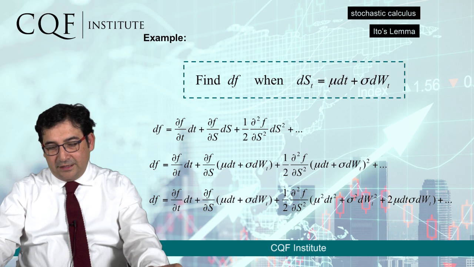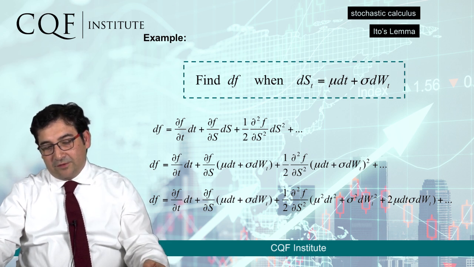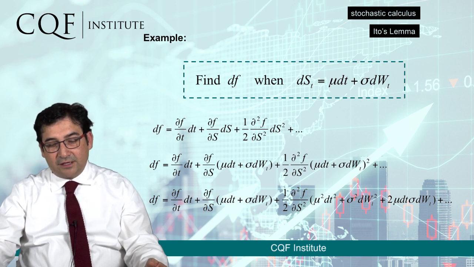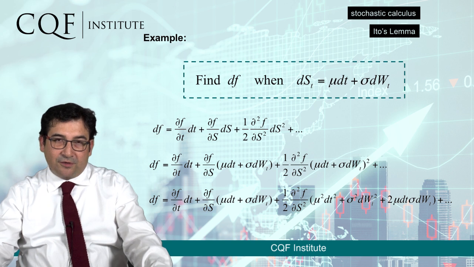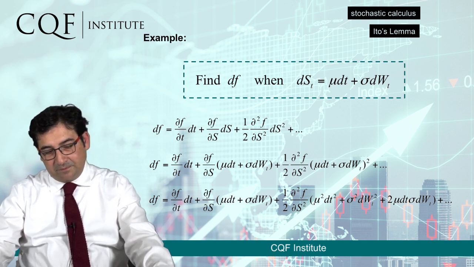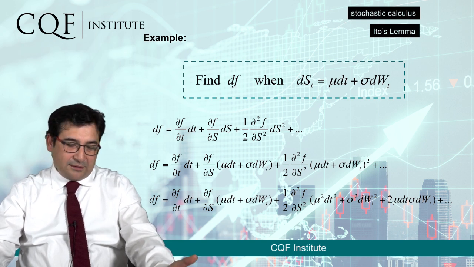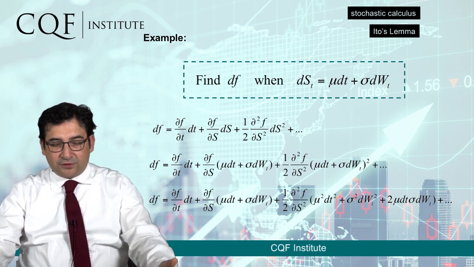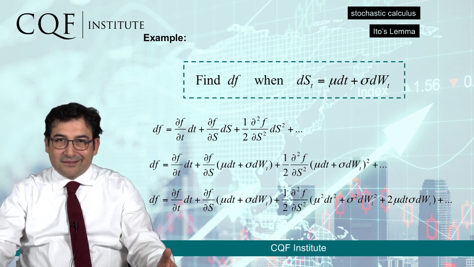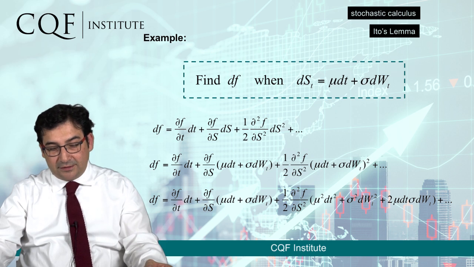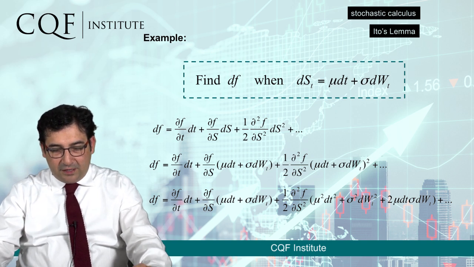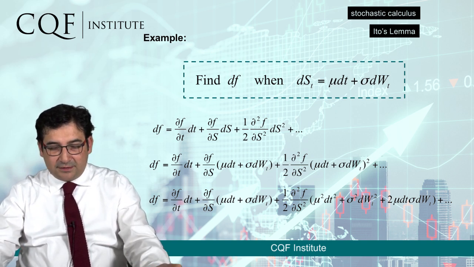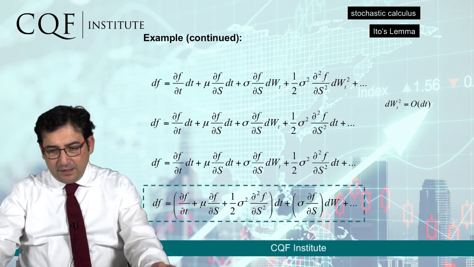We have the arguments, the value of the stochastic variable described by the formula that we see on the right, ds equals mu dt plus sigma dw, which is a stochastic differential equation known as an Ito process with constant parameters. And what we're going to do is first take Ito's lemma and substitute everywhere where we see ds, that is the increment in the value of the stock price, the stochastic differential equation. The formula grows because we have all the terms, but by simple algebraic manipulation, we get to